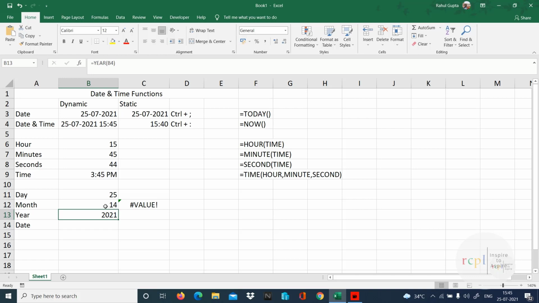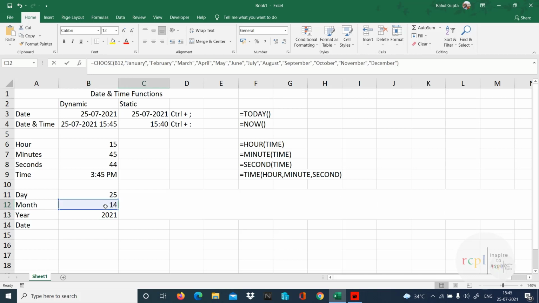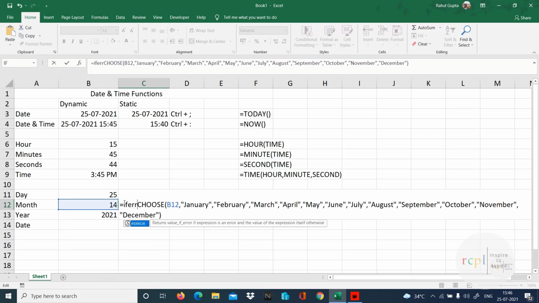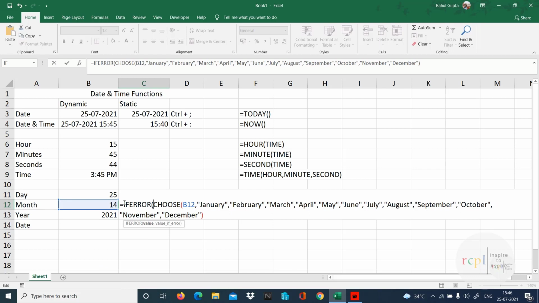And whenever we talk about dashboards, we cannot give any value error over there. To remove a value error, we have a function which is widely used in dashboards, IFERROR. What IFERROR does, it has a syntax of IFERROR, value, and value if error. So that's my value.